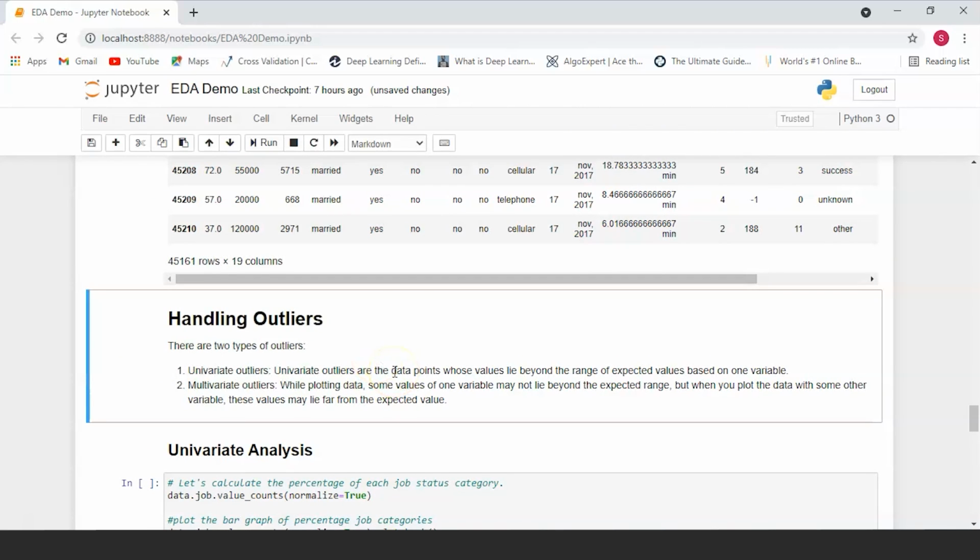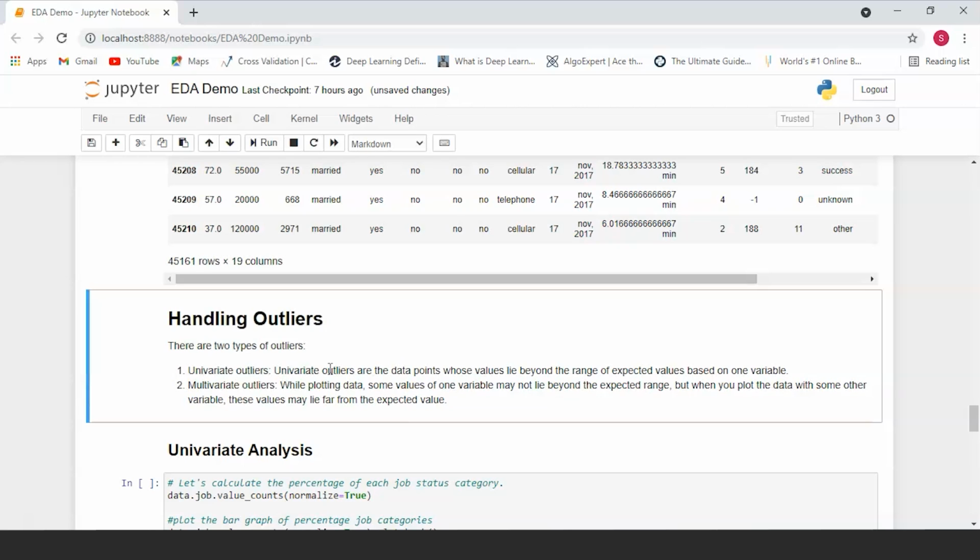First of all, what do we mean by outliers? Outliers are nothing but values that are far beyond the next nearest data points. In simple words, outliers are data values which are very skewed from the original data or which do not follow the trend that our data actually follows.